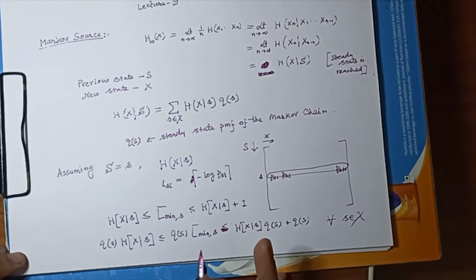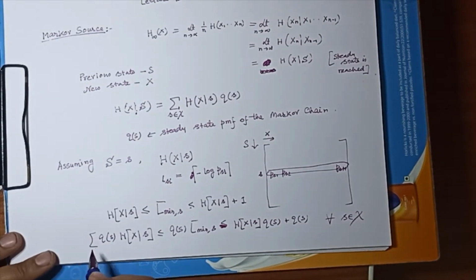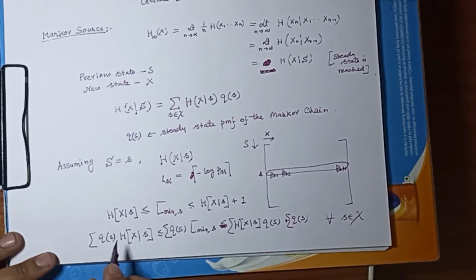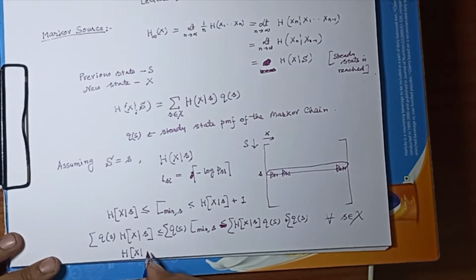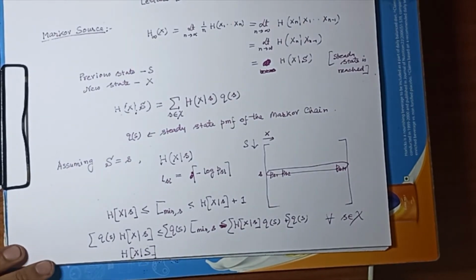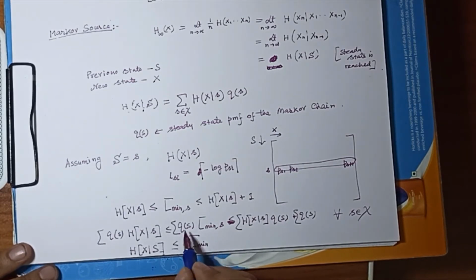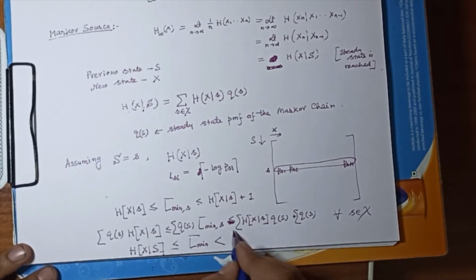Now you can sum it over all s. So if you sum it over all s, what you will get, the first term is basically the conditional entropy, or entropy rate. Conditional entropy corresponding to the previous random variable, which is the same as the entropy rate. What is this? This is the L min of the overall, where the previous state is s, and that occurs with this steady state probability, which is qs, and this is again the entropy rate,